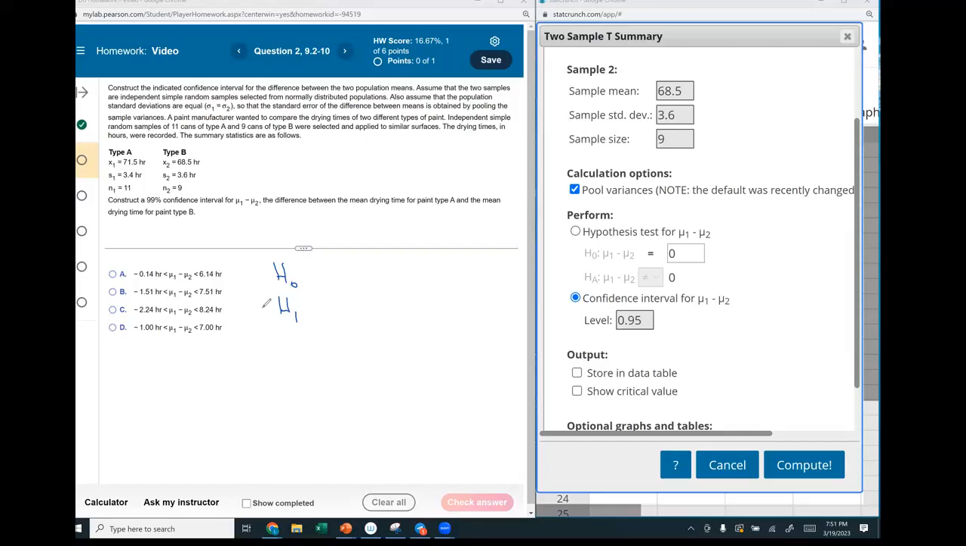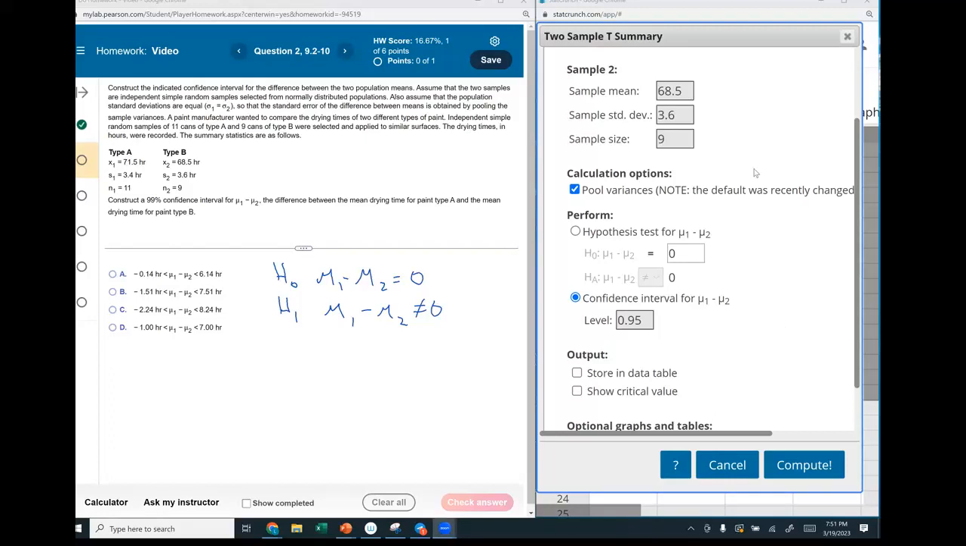So we're really looking for the difference between the two drying times. Our first hypothesis would be mu1 minus mu2 equals 0. And if there's a difference, then mu1 minus mu2 is not equal to 0. It doesn't say we're trying to see if one is bigger or smaller, so we don't use a greater than or a less than, we just use not equal. So since again, we have a two-tailed test,